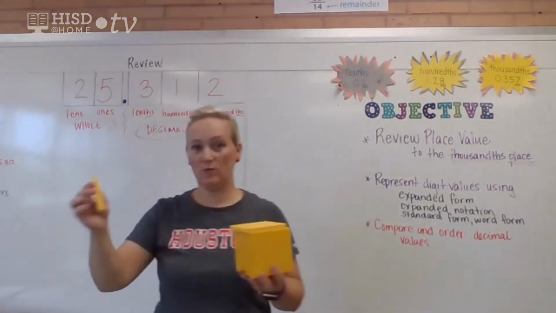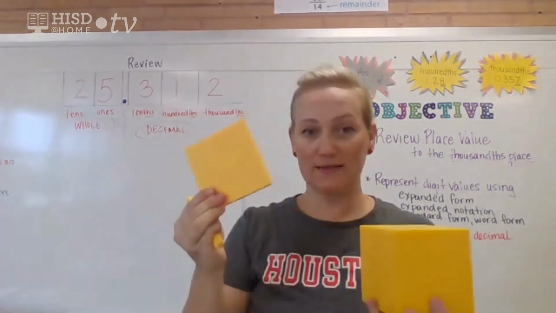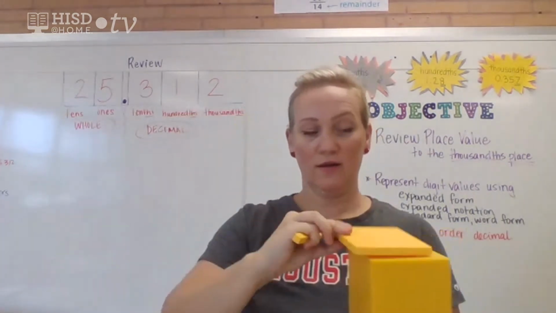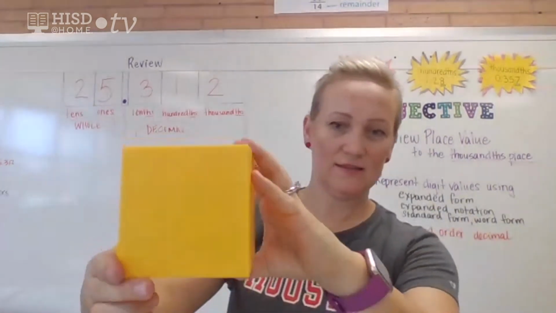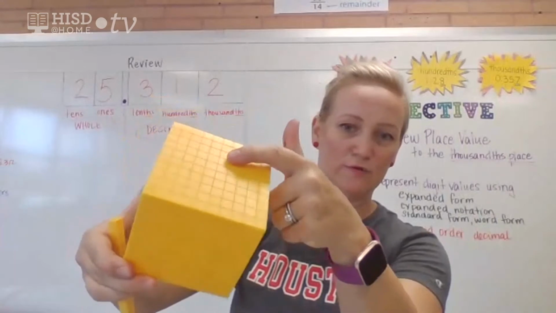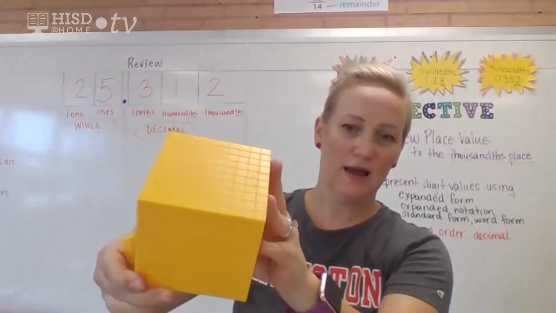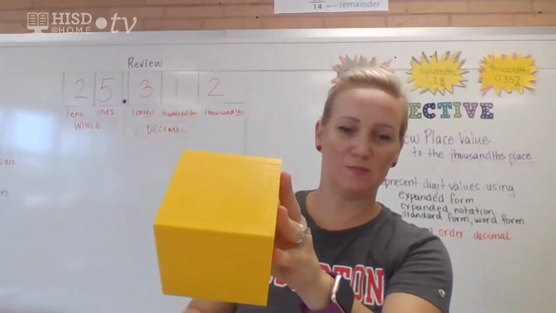The next thing we had was a long. It's called a flat and a long. So if you look closely at this, it's got little grooves on it. You might have seen it in class. And if I were to break apart this plastic